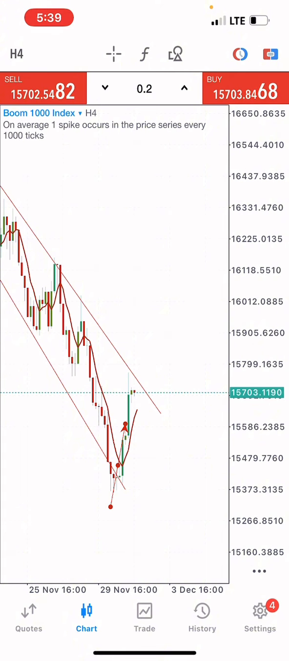Now this is the 4 hour time frame. I'm doing this in the 4 hour time frame because I respect the 4 hour time frame a lot. The 4 hour time frame also respects my analysis a lot. I like to look at the closing price of this time frame to be able to determine the future of the market. So now if